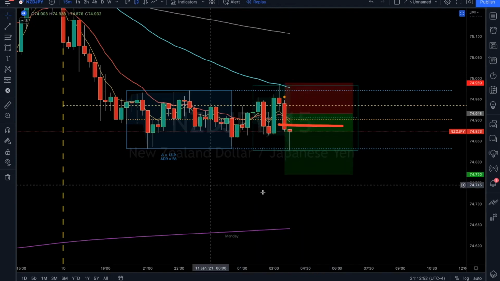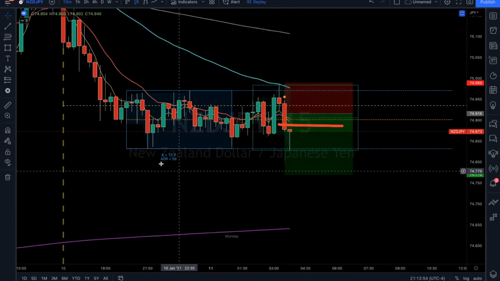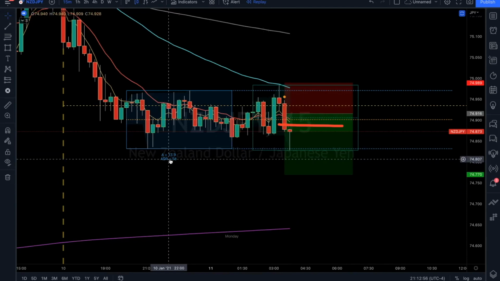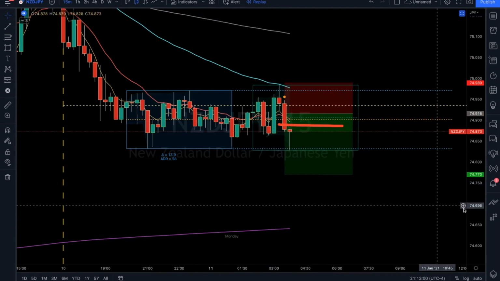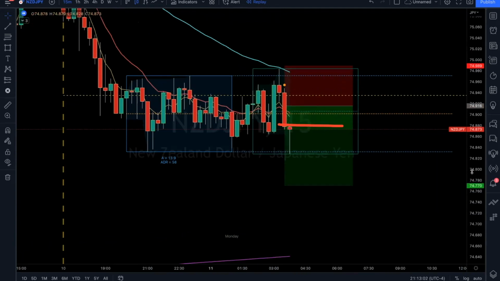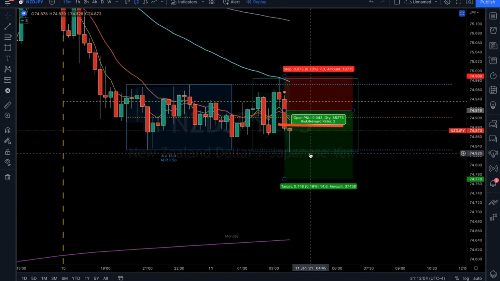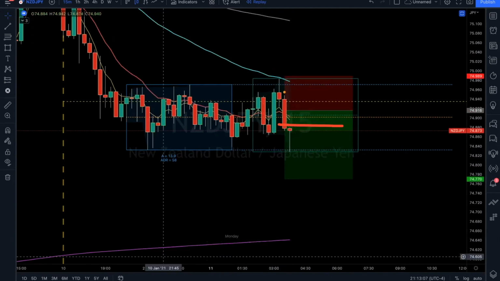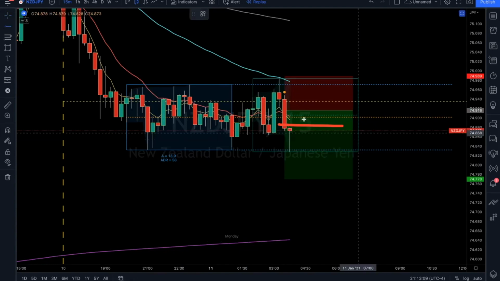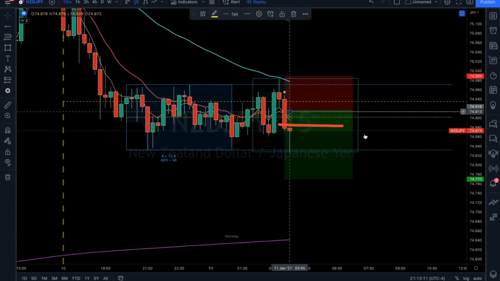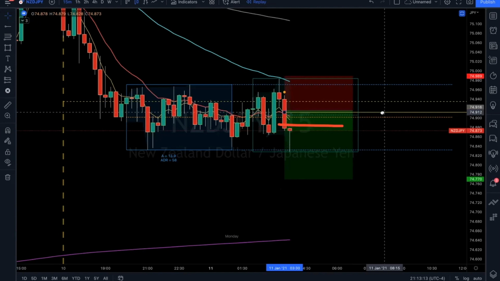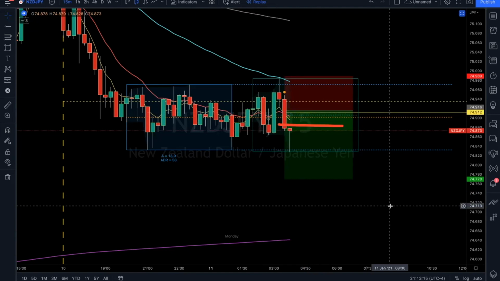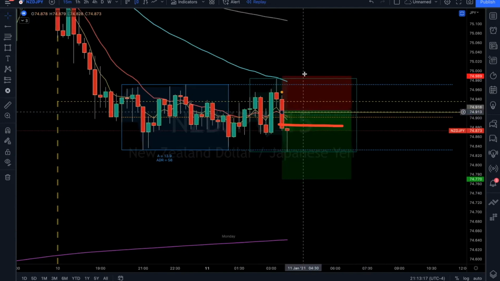But again, you've got to remember that this doesn't move a lot of pips anyway. So we're not talking 30 pips. We're talking about literally 15 pips on a 2 to 1. So let's say you put in a buy limit order here. That would be a more reasonable